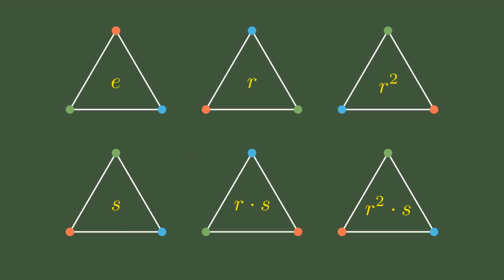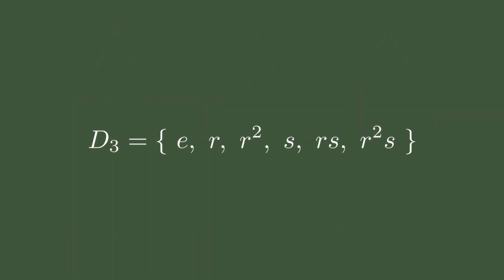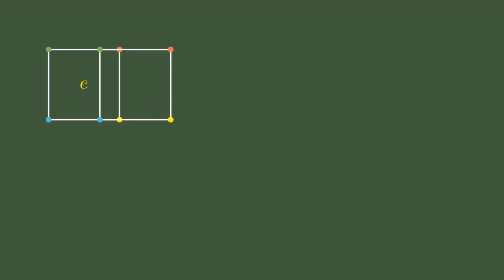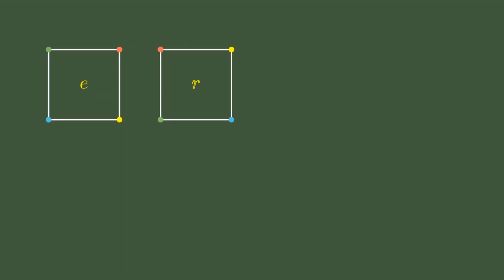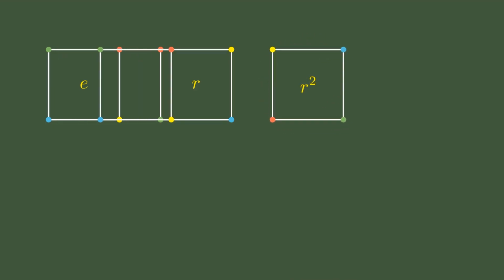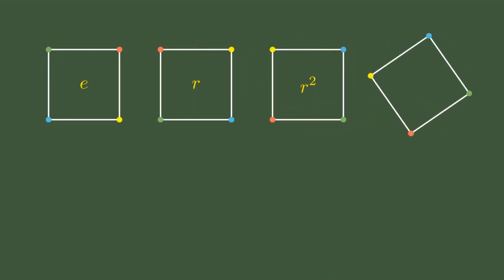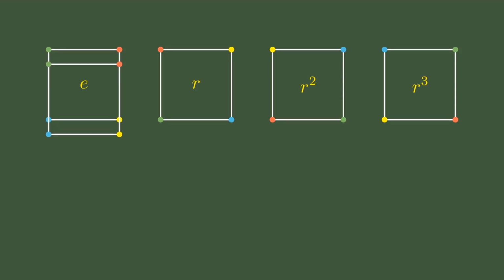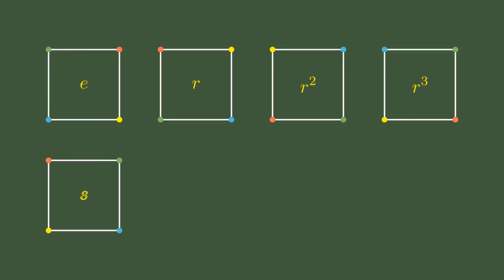So you see how beautifully we have found all the 6 elements of the group D3. Note that D2 had 4 elements and D3 has 6 elements. In general, the dihedral group Dn has 2n elements. Here are the 8 elements of the group D4. The identity element, single rotation, a double rotation R square, then we have a 3 times rotation R to the power 3, then again we have a reflection,